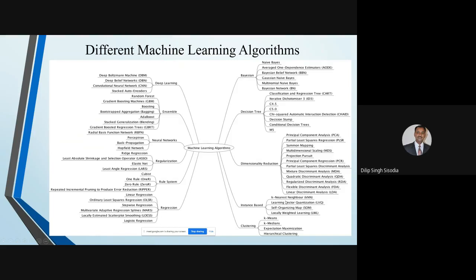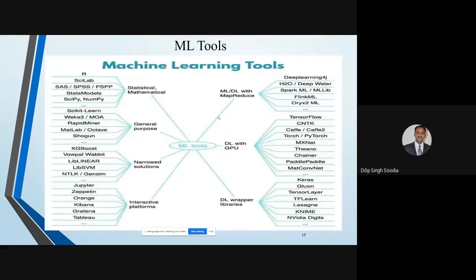For the instance-based algorithms, we are familiar with k nearest neighbor, but these are also examples of clustering. Clustering has different algorithms. So what do I want to convey by showing this picture? You can imagine how big this landscape is, how many algorithms there are. Is it possible for anybody to learn all these algorithms, to code all these algorithms? But fortunately, the code is available.